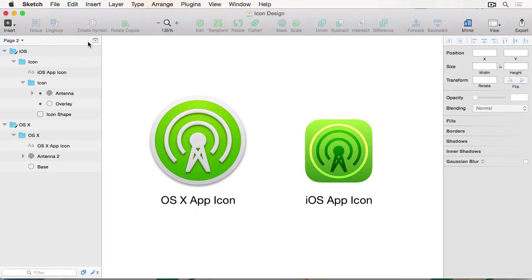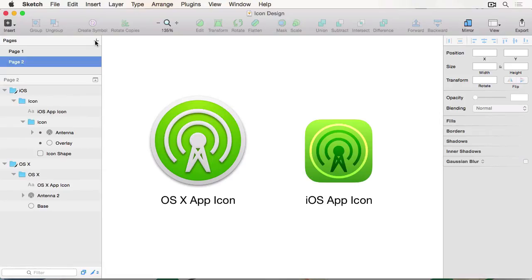Now, hidden here up top in the Layers panel is something that I'd call the Pages slider, or as part of the Navigation panel, the Pages panel. And you can view that here by clicking this little drop down. What it does is push open the slider, minus an animation, and it allows you to page through different